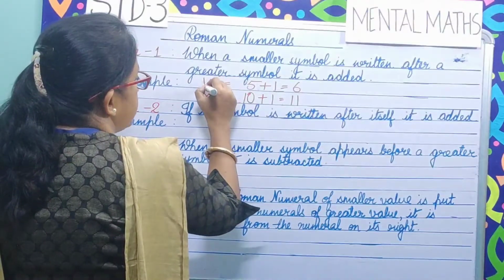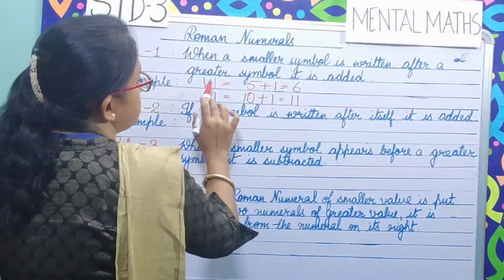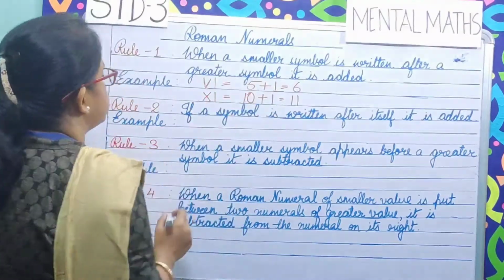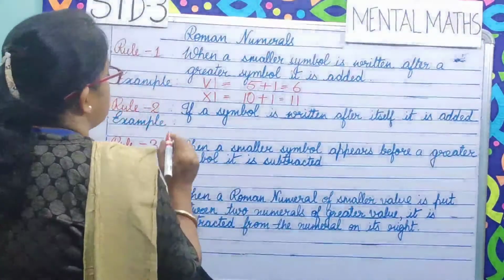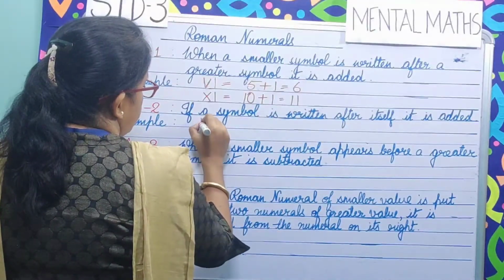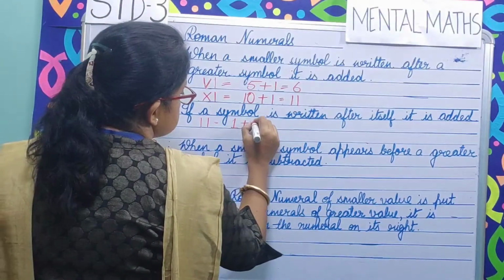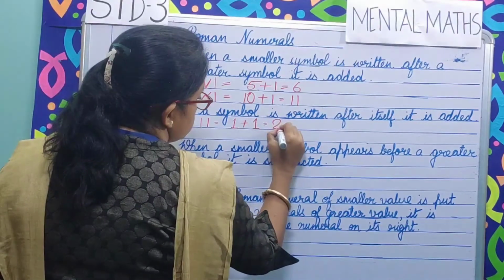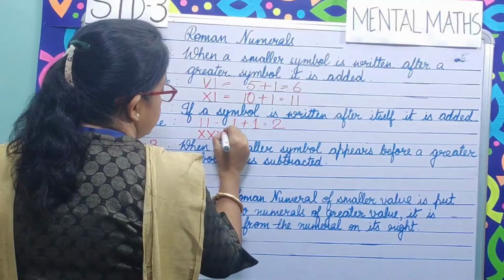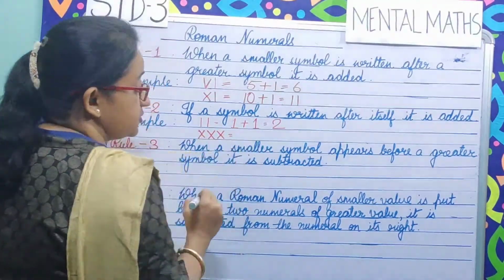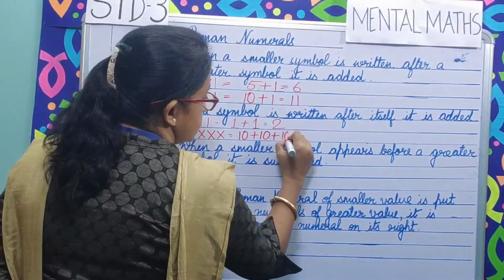This is the symbol of greater value and this is the symbol of lesser value. So when a smaller symbol is written after a greater symbol, it is added. Rule number 2. If a symbol is written after itself, it is added. Example, II equals 1 plus 1, that equals 2. Next example, XXX. X represents 10. So 10 plus 10 plus 10 equals